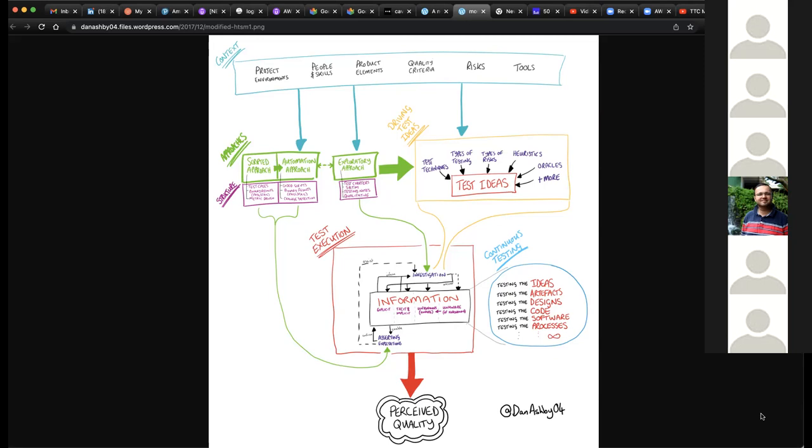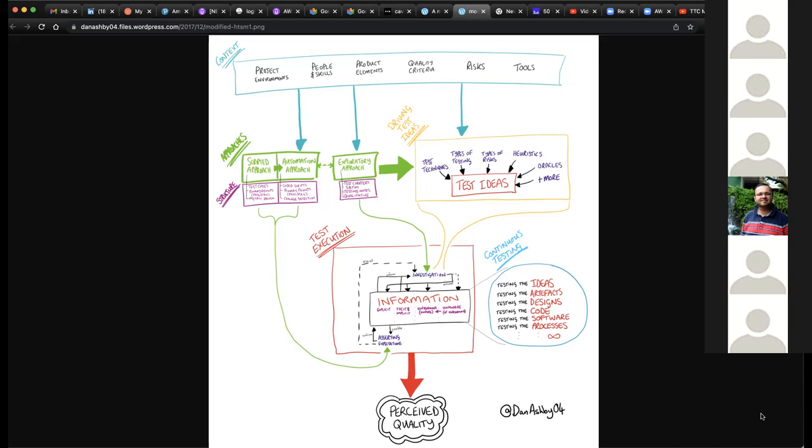If you look at the top box in blue, what they have done is they have picked up aspects from the heuristic test strategy model, for example, the project environment, product elements, quality criteria, and then they have added things that they would like to think about, for example, people and skills. This is something that we don't consider. When we begin our testing exercise, especially people who are managing, test managers and test leads, do we really think about,